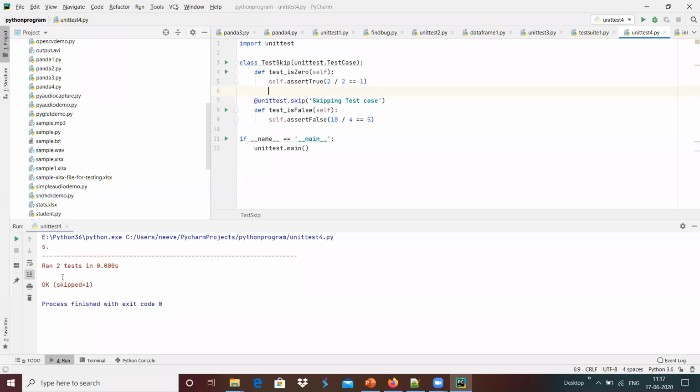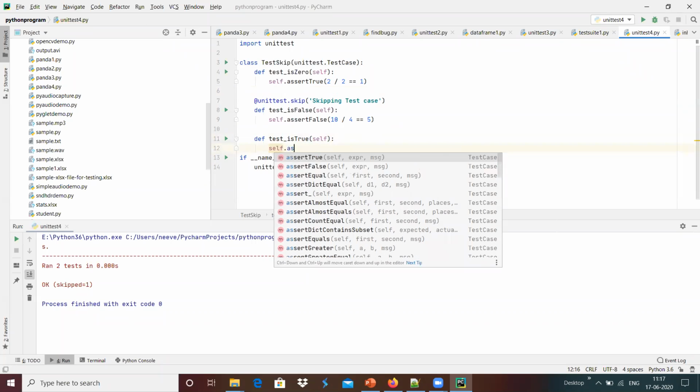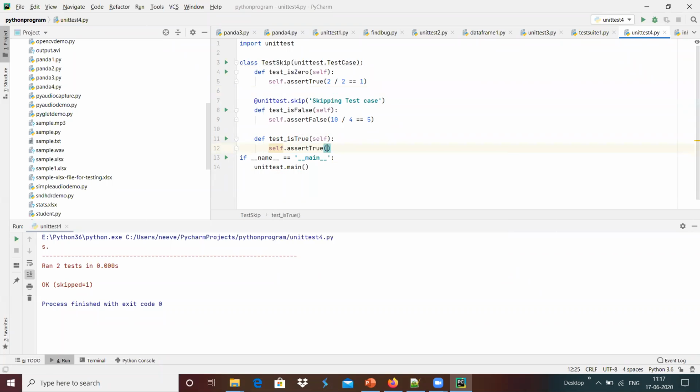It has run 2 test cases, and okay, we got the response. Of the 2 test cases, one test case got skipped. Maybe I'm going to use another one, for example, def test is true test case, and I'm going to use self dot assert true.